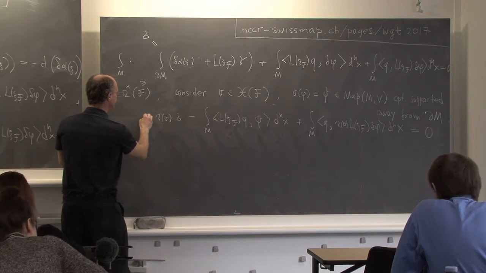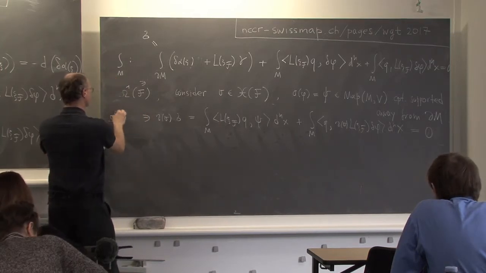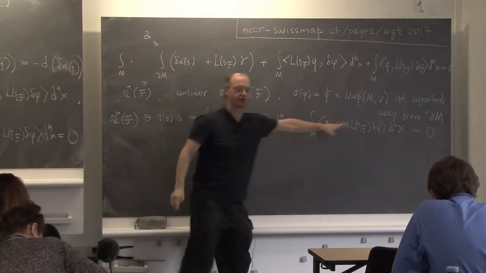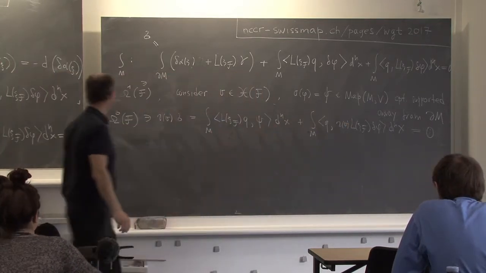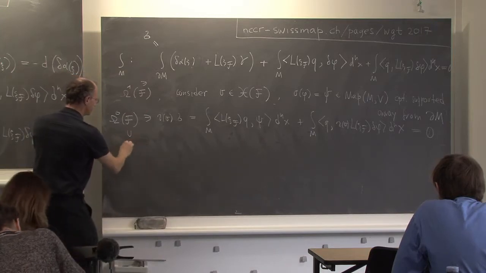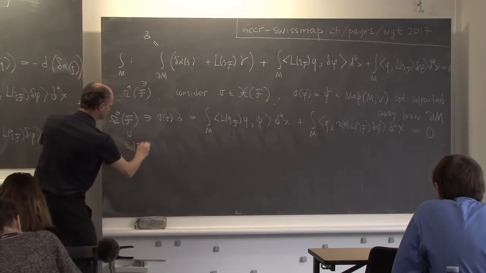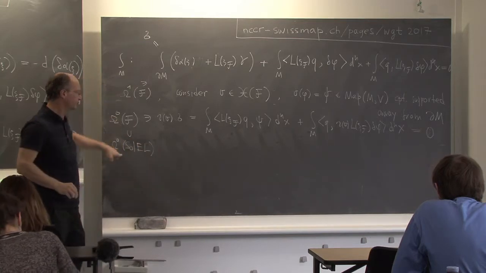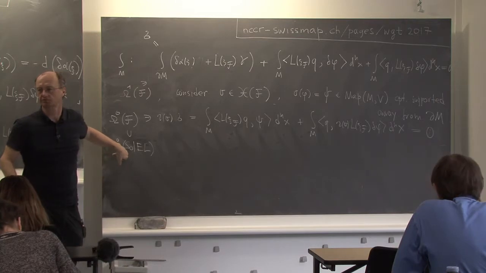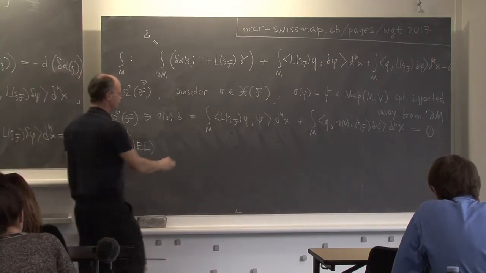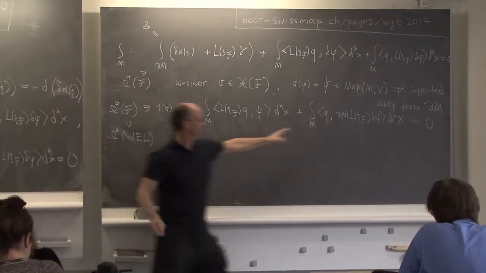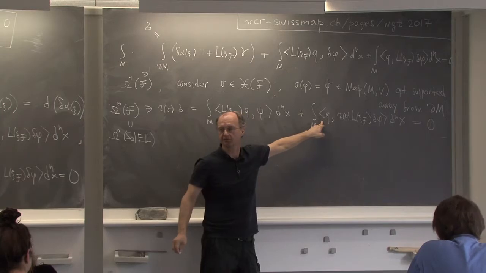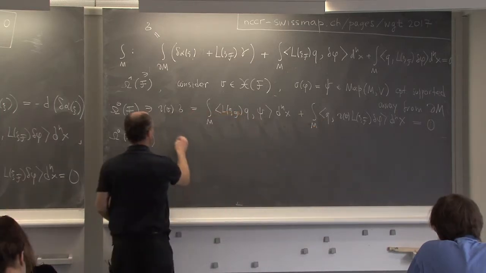So this expression is now a function on F. This 0, which is equal to the sum of two contributions, is a function on F. Inside F, as usual, is sitting sol EL, and we can restrict our function to sol EL. Of course, this term will vanish on sol EL because q is 0 there. So this term will remain.